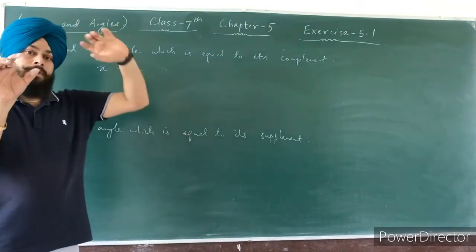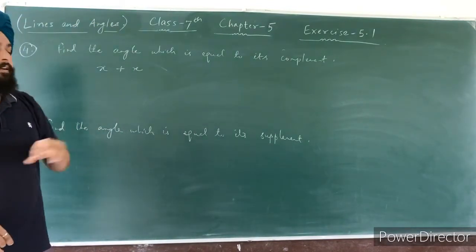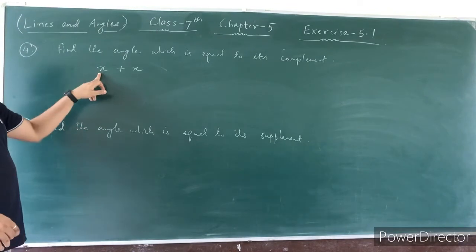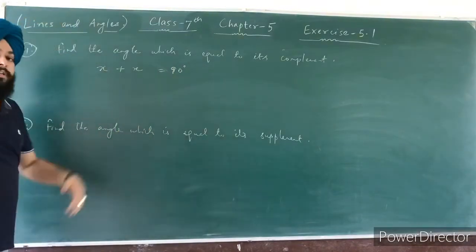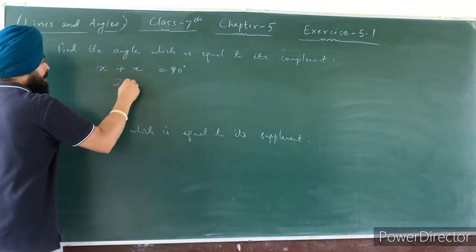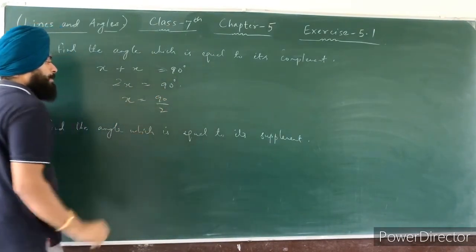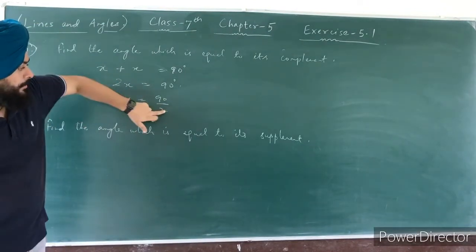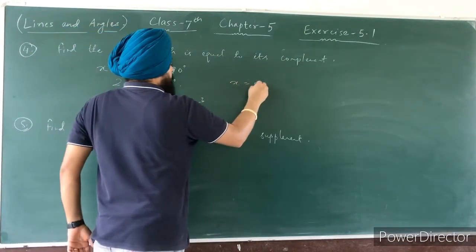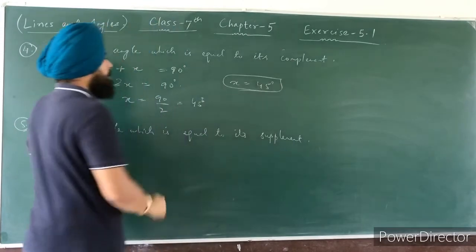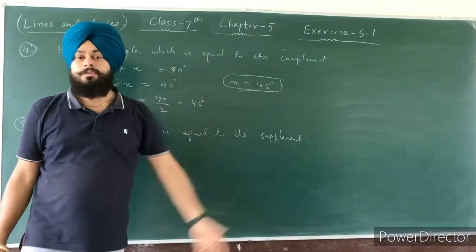It means the first is the complement of the second one and the second one is the complement of the first one, and they are both equal. So you can take the measure of both these angles as x. So the measure of the first angle is x and the second one is also x. Now x plus x is equal to 90 degrees because they are complements. Now x plus x, how much? 2x is equal to 90 degrees, or x is what? 90 over 2, because 2 is the coefficient of x. When it goes to the right side, it divides 90. So 90 divided by 2 is how much? 45. It means the measure of one complement angle is 45 degrees and the other one is also 45 degrees.